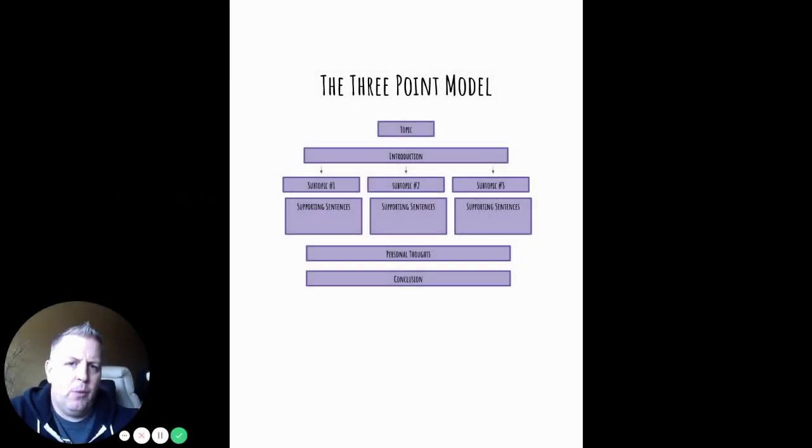Okay. Whenever I'm required to write something that is longer than a few sentences, I like to actually use an outline. And so here's an example of a really good outline that I highly recommend, and it's called the 3-point model. When you're using this model, you want to determine what your topic is going to be, write your topic here. You want to then think about how you can introduce this topic. There's many ways that you can do it. You can be really clever and introduce it in an artistic way, or you could just be very matter of fact and say, it is the purpose of this paper to discuss, and then get into your topic.